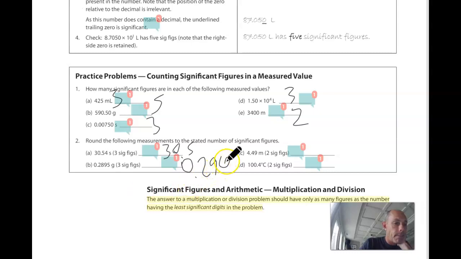All right. If I go to D, and I modify it first, because I want to do a slightly easier version of D before we do D. I'm going to turn D into 104. And if I were to want to round D to 2 significant figures, again, I acknowledge there's 3 significant figures to begin with, that I need to get rid of that last significant figure, the 4,